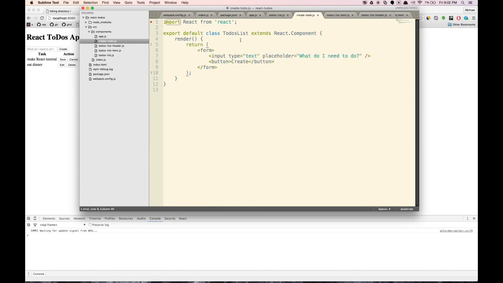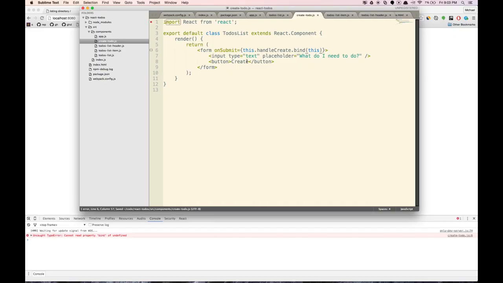So let's go to our create to do here. And here we're going to have an onSubmit. And let's just call this method in here. We're just going to say this.handleCreate. So basically when we click create or submit this form, this just allows us to press enter as well as click create. We want to grab whatever text is inside of this input box and then add it to